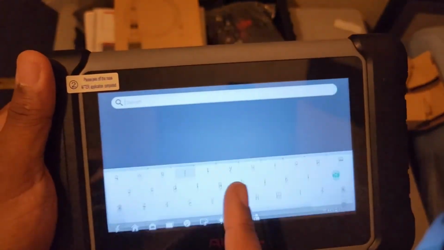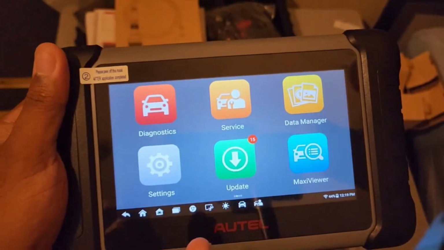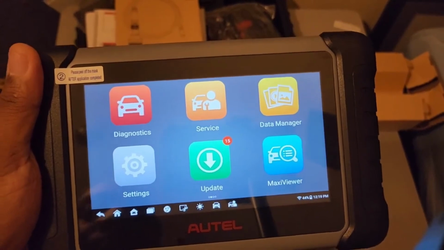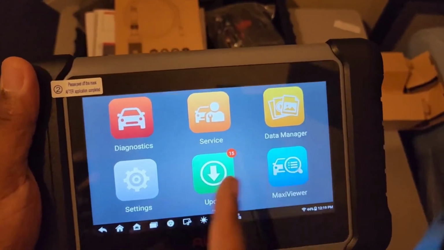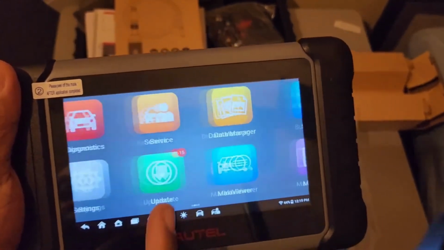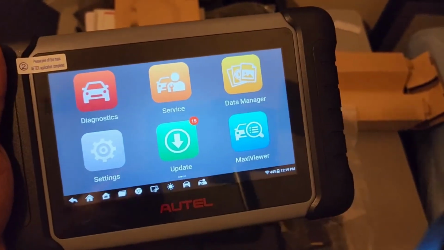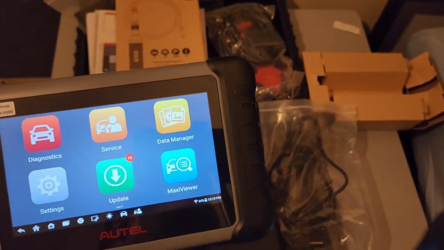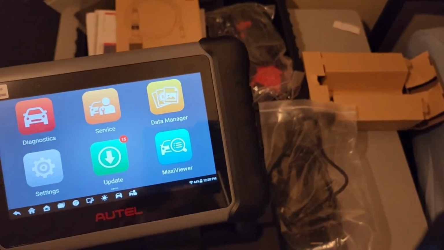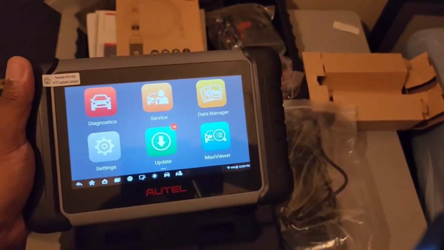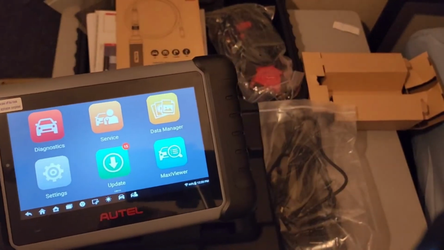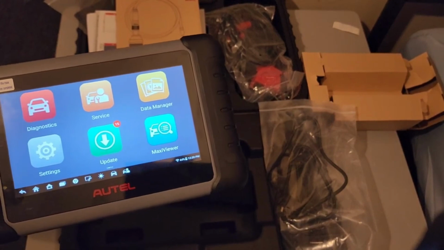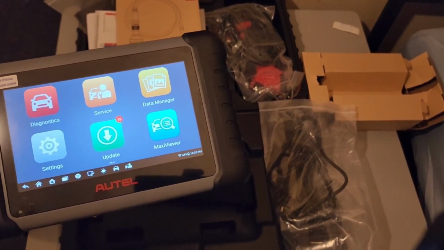So basically, this is the device. It works really, really well. It works really, really quickly. It's just a huge upgrade from the MK808, the way it was before, to now. As you can see, the screen looks a lot clearer. Everything is clearer. The process is faster. Everything about it is just all around better. And with the inspection camera, it's also bi-directional now. It has extra special functions. It has the digital camera. It has the newly